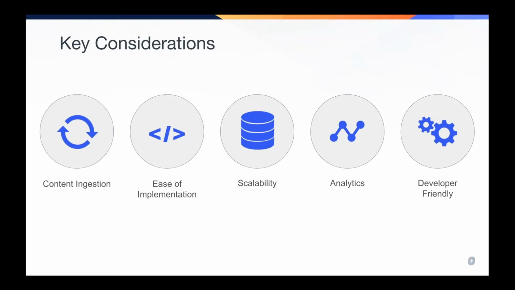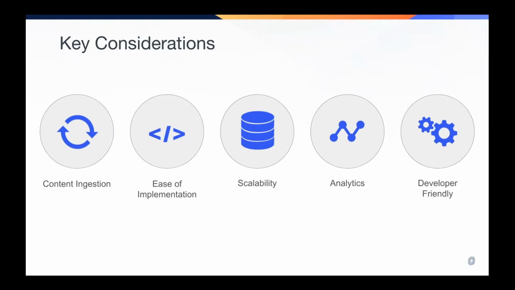So obviously, you want to think about things like content ingestion. How do I get the data, the pages or the information that I want my users to search over, into a search engine? And then there's the other aspect: how do I add this to my website? How difficult will it be to simply replace that search box functionality on my website with a product like Swiftype? Do I need to rewrite everything, or is it just as simple as adding a snippet of code, keeping the same search box exactly without changing anything, and essentially just switching the search